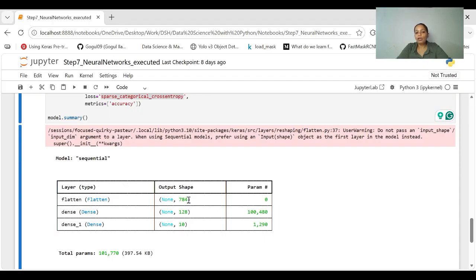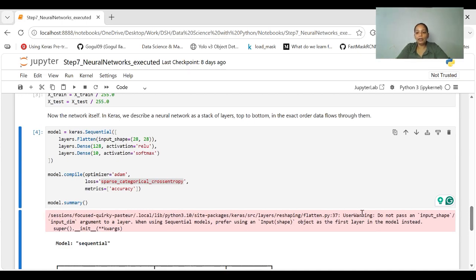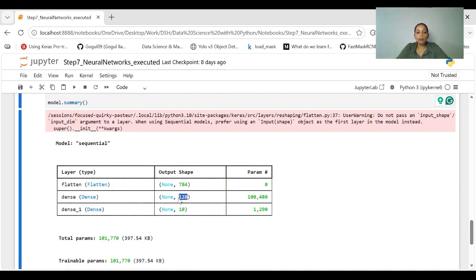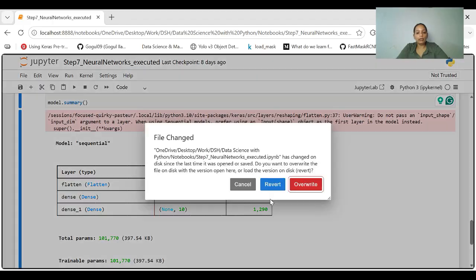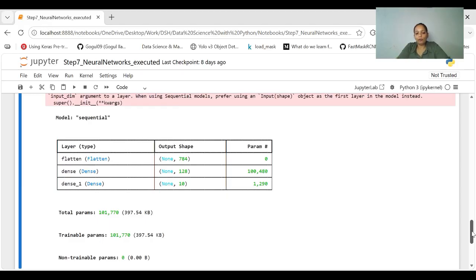We are giving input with a shape of 28 by 28, which means 784. Then we have defined a hidden layer of 128. So here the shape is 128, but the parameters have reached the level of 100,480. For the output we have 10 neurons, and the parameters are 1,290. See, in this simple dataset, the hello world dataset for neural networks, there are so many parameters. So imagine in more complex situations like recommender systems and LLMs, how many parameters we work on.